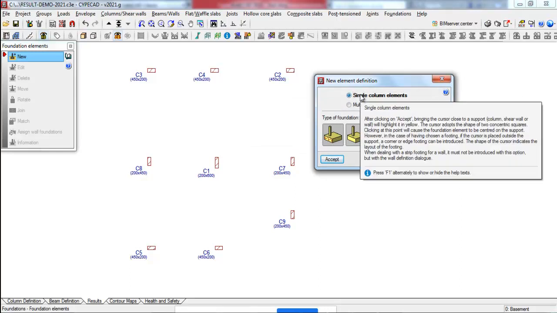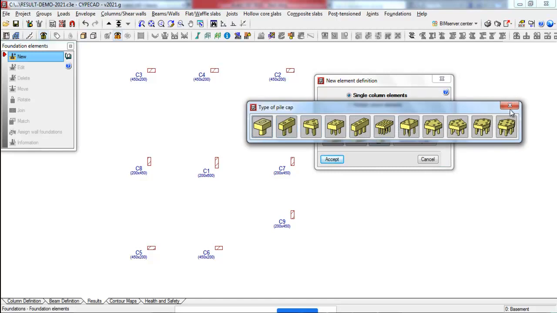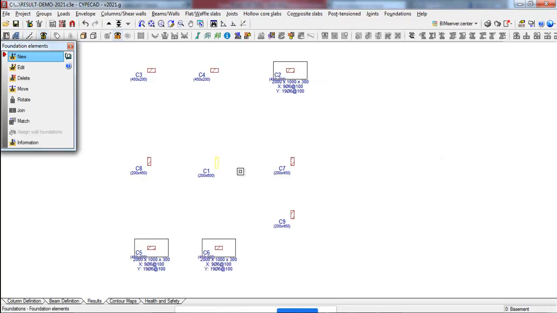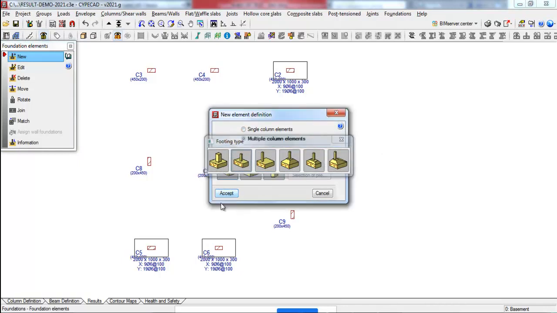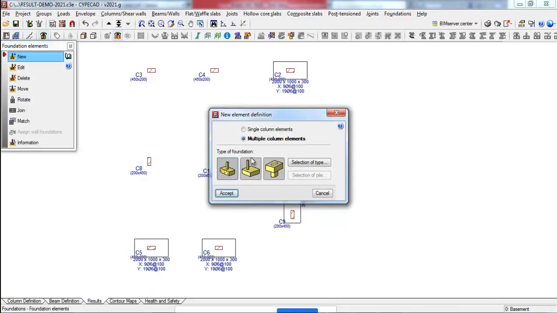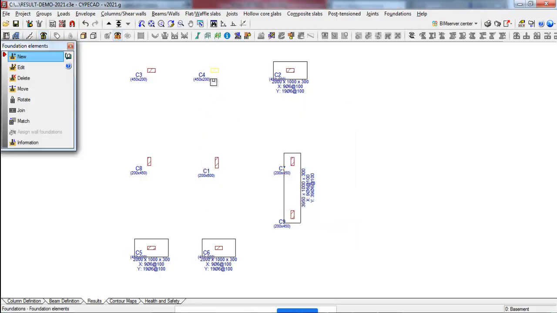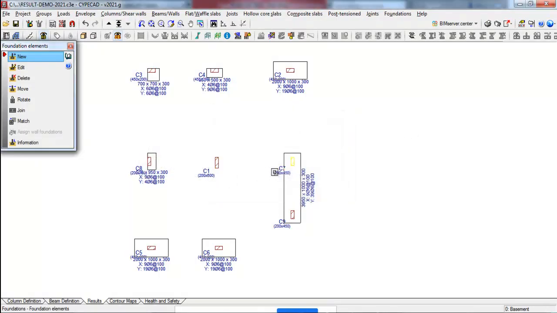Now I will show you some columns. I am going to put a rectangle column somewhere here. Okay, and let us put some combined footing. These two look to be at a very short distance, and let us put some single eccentric footing. Let's put this eccentric footing for this, and put some pile cap here for this. Let me put some pile cap.